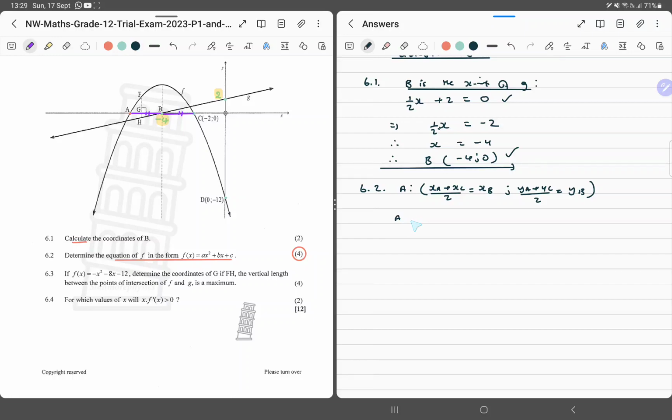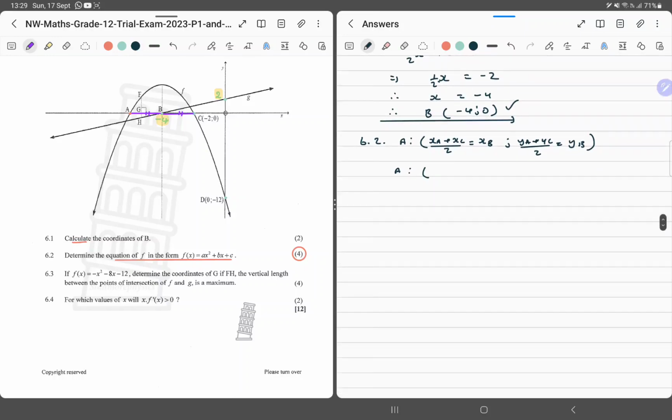Let's just apply. Now we are doing maths. So why not? X at A is what we are interested in, plus the x at C is going to be a minus 2 over 2 equals minus 4. All right, this is basically 0 plus 0 over 2 equals 0. So we can say therefore our A, cross multiply, that's minus 8 plus 2, it's minus 6 and 0. Okay, so if we get the coordinates of A, which is the x-intercept,